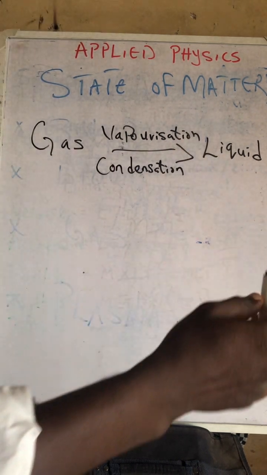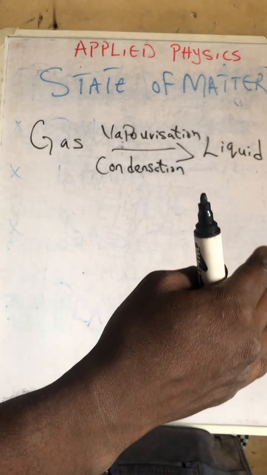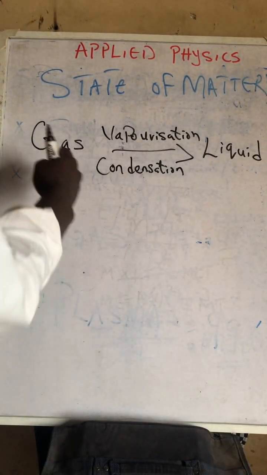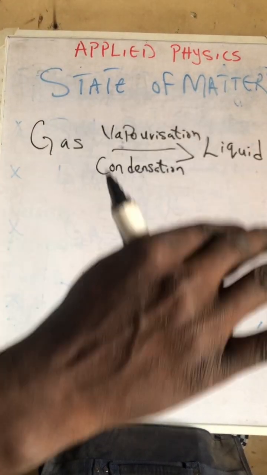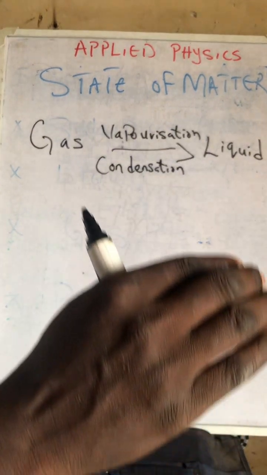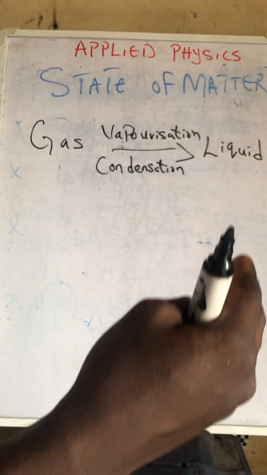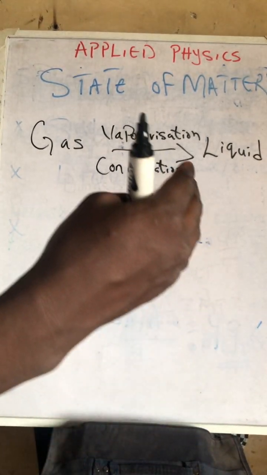Vaporization. This is the process whereby a matter in liquid state is converted to the gaseous state at its boiling point. And we have different boiling points for different liquids. But evaporation